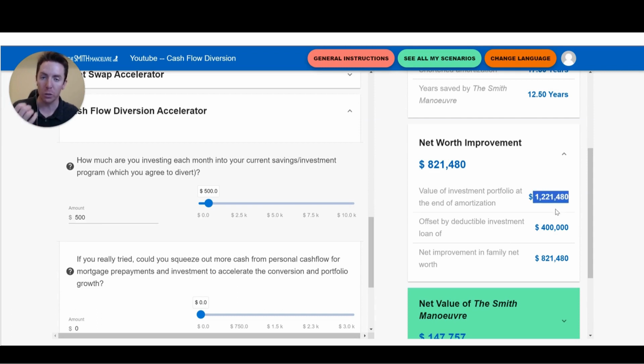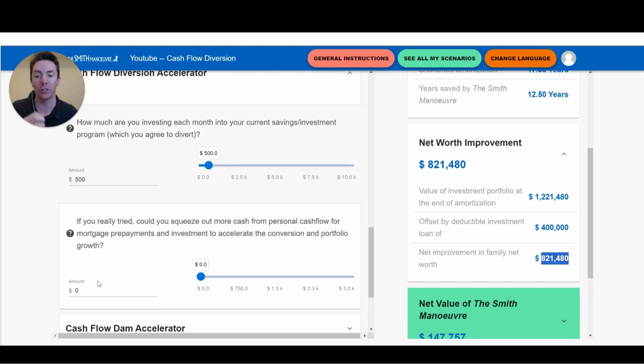So it's a $1.2 million investment portfolio offset by that $400,000 investment line of credit for a net worth improvement of 800 grand. Now, let's say that you could really squeeze if we wanted to. Most of us can't, but if you really tried, could you squeeze out a little bit more cash from your personal cash flow? You did this for another year, and you saw that $500 a month that was going to investments. This way, we're going to put it through our mortgage first, through the Smith Manoeuvre,